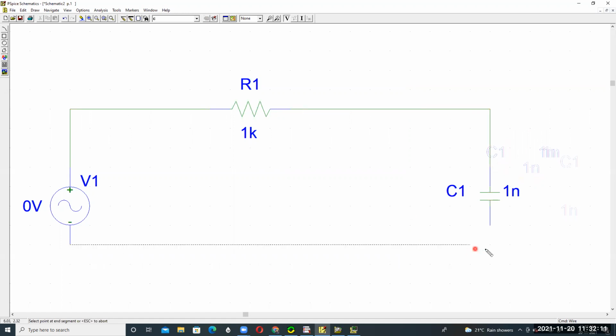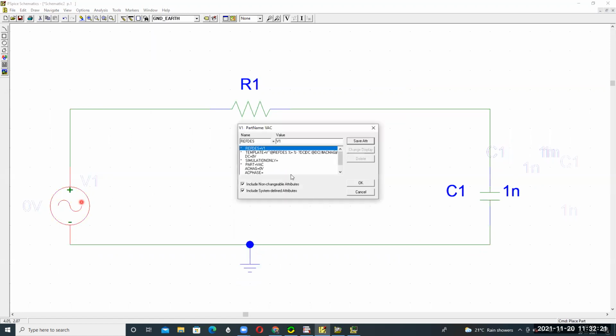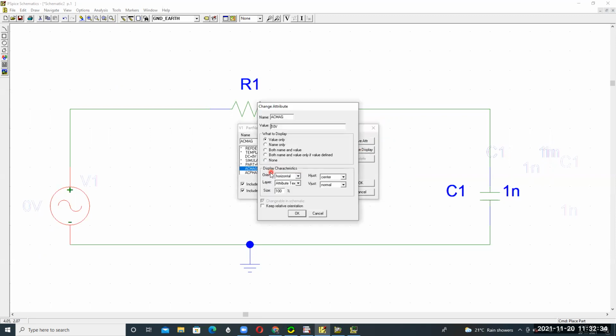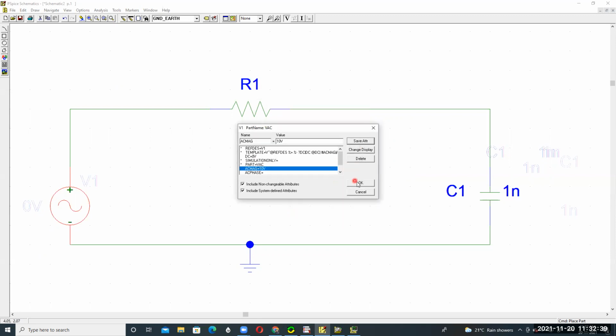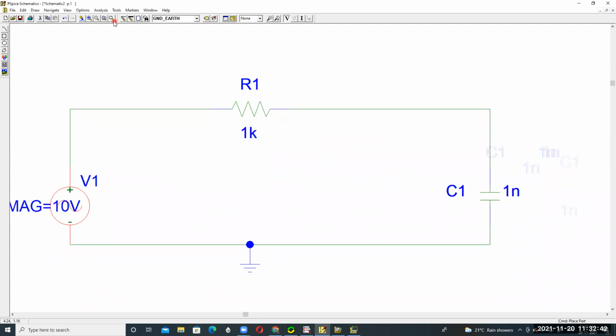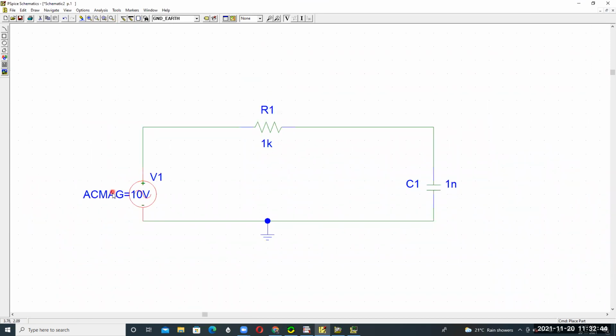Connect all these elements and take one ground also. Place your ground. Then set the AC magnitude, for example, 10 volts. This is called VAC. Press change display, both name and value, and it will appear like this, 10 volts.